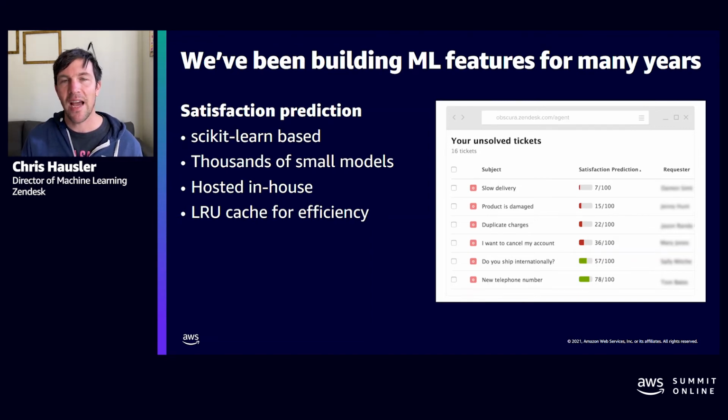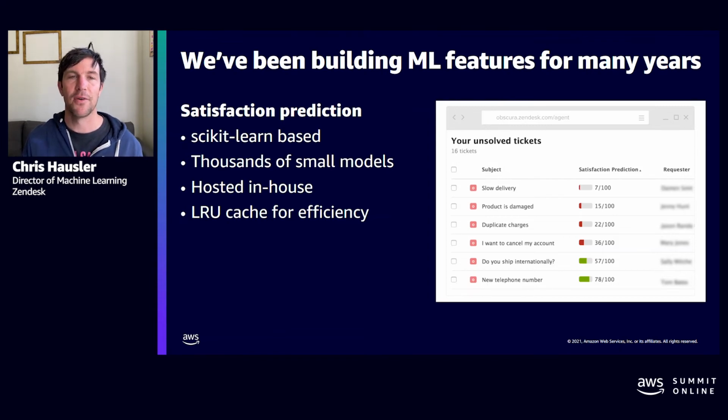So at the time, the first feature that we shipped was called Satisfaction Prediction. At a high level, the idea behind Satisfaction Prediction was giving support agents the ability to understand right from the outset whether a customer that they're serving is having a good or bad experience, and giving them the information required then to intervene. So we could predict whether the customer is having a bad experience and allow them to jump in and turn that around so that the outcome for all of their customers is a great customer experience.